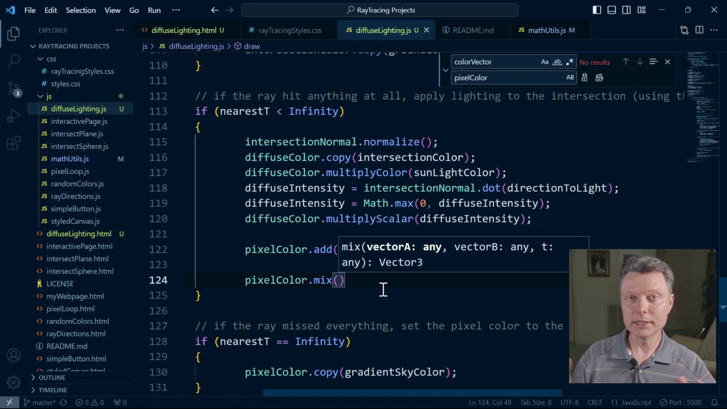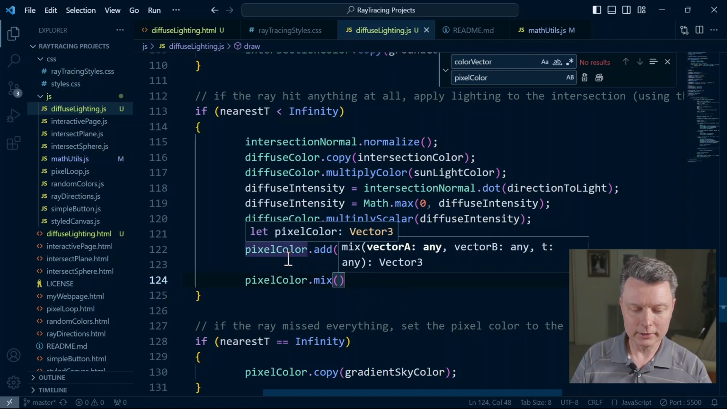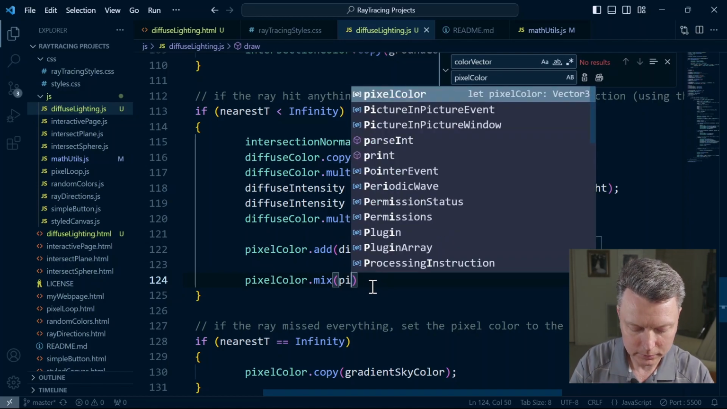And those vectors can be anything. They can be direction vectors, or in this case, color vectors. So we're just going to mix the colors together. So let's take the pixel color itself. So we've already done the work and calculated this nice pixel color here. So let's use that as our base. So pixel color,